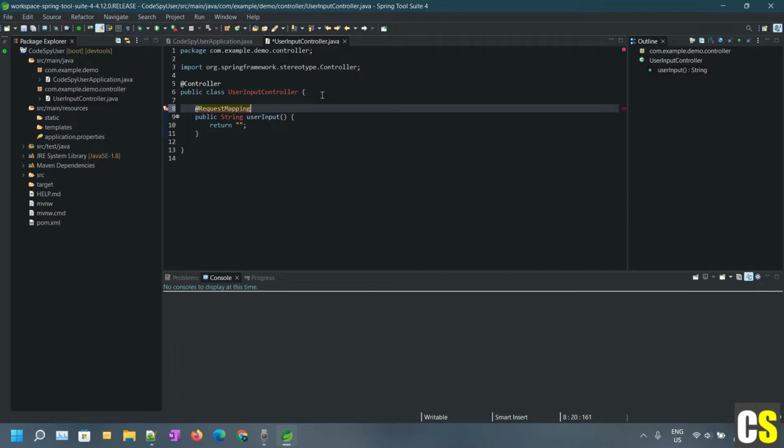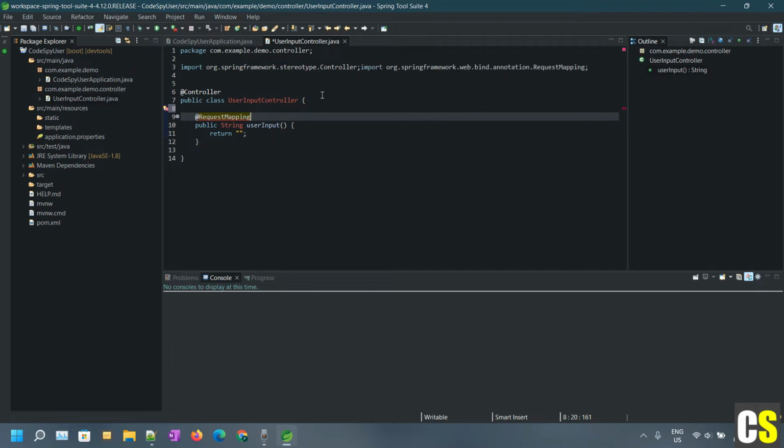So that request will be mapped from this method. I'm just giving you an example of why we use request mapping, right? So we have to import it also. Right click on it. Okay, so it is imported, and we will put its value. We are leaving it default,